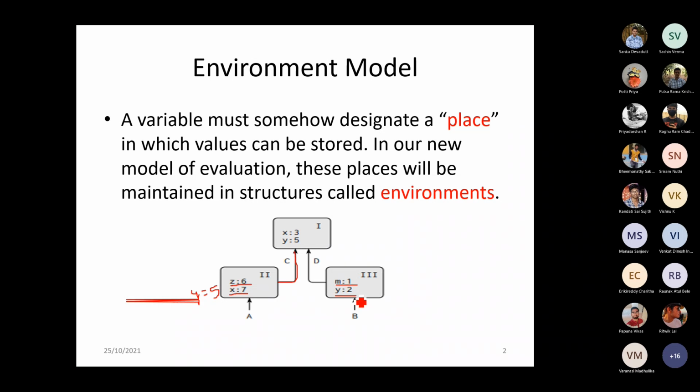How about the variable X? X is not available within this block, we don't have any variable X. So what it does is it goes and sees whether it is available in the parent one, that is frame 1, because this is the only pointer it has been connected to. So it goes and sees whether X exists or not. Yes, X exists, so it will take the X variable. So X will be taken from frame 1, where the value assigned will be 3.